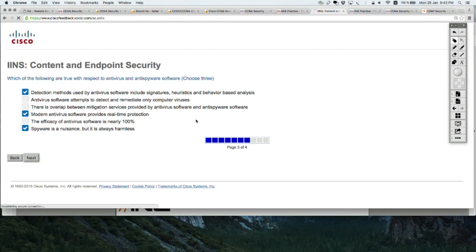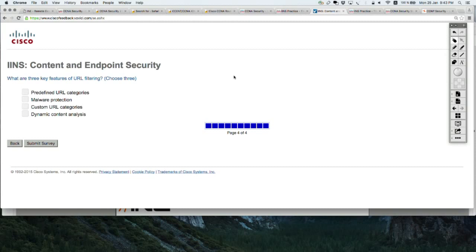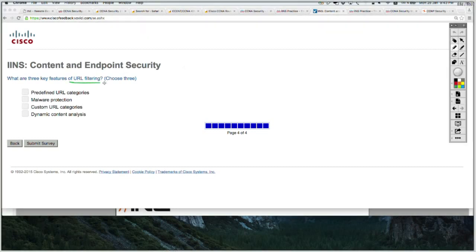Next, and the last one: what are 3 key features of URL filtering? This is clearly a specific feature. You gotta know what URL filtering does, what its scope is. Predefined URL categories, that is correct. Malware protection, not. URL filtering does not provide malware protection. Custom URL categories, yes. So both predefined and custom. And dynamic content analysis,